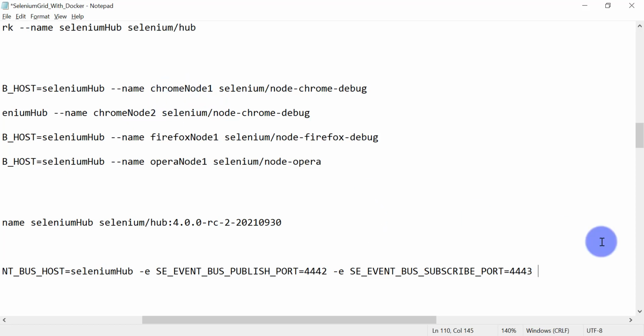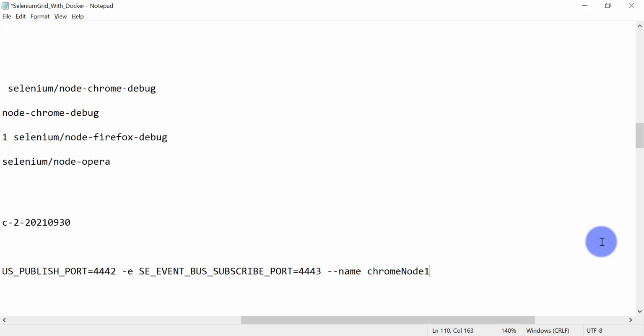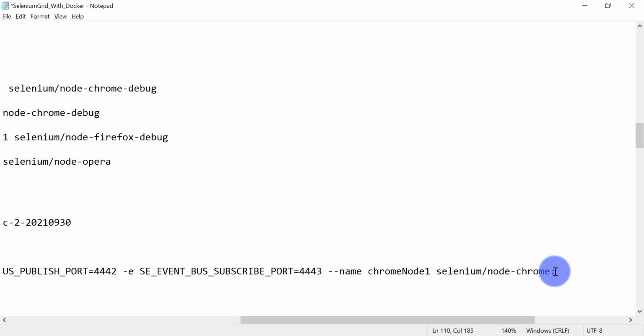You can give any name to your container, Chrome node 1. And here we need to specify the Docker image name from which this container should be created. So here you need to use this image, selenium/node-chrome, and here we will specify our tag.